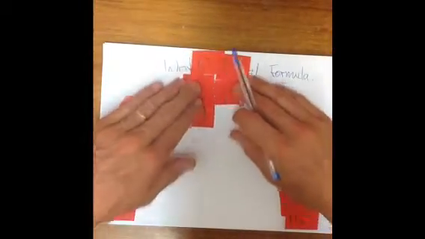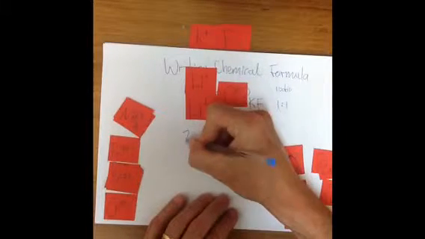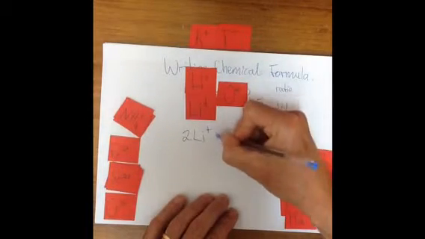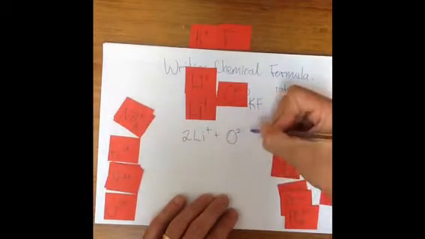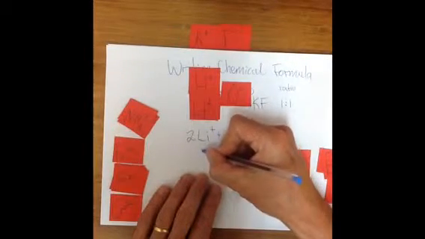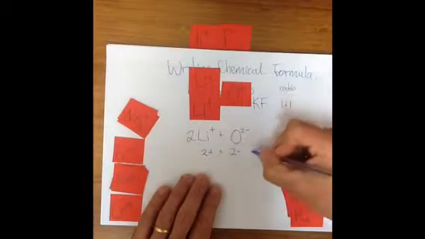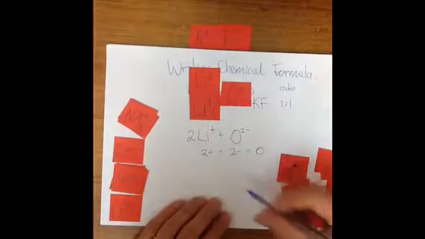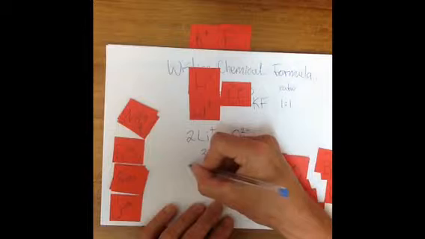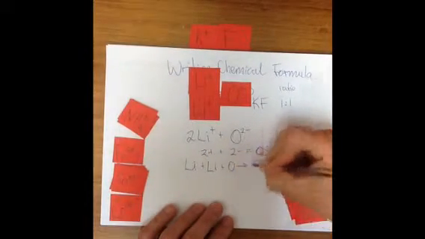So I would write that down as 2 Li+ with an O2-, which ends up being a 2+ and a 2- giving me an overall charge of 0. And what that looks like as a formula is Li plus O will give me